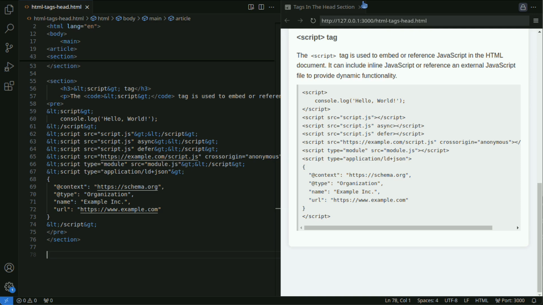Using the defer attribute allows the script to be loaded asynchronously but executed after HTML parsing is complete. The execution of the script does not block the page display, thus enhancing the user experience. Defer is effective when scripts need to be executed after the DOM has fully loaded. For example, it is suitable when you want the script to run after the entire layout and elements of the page have loaded.